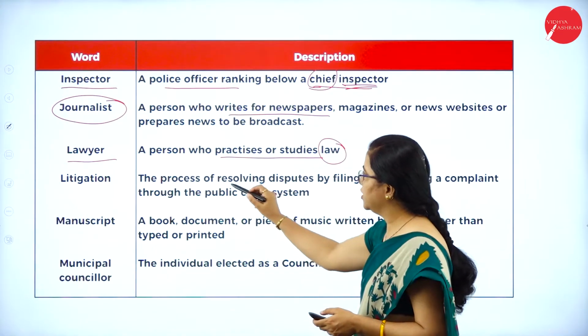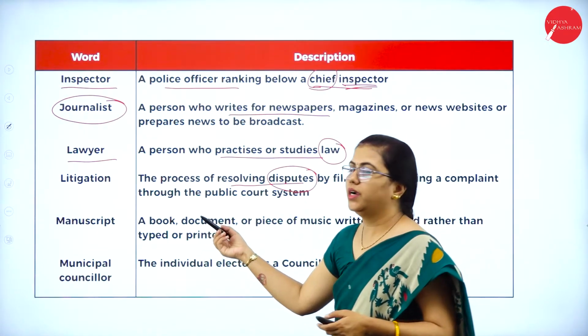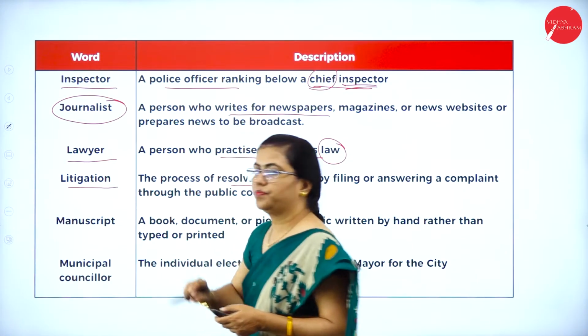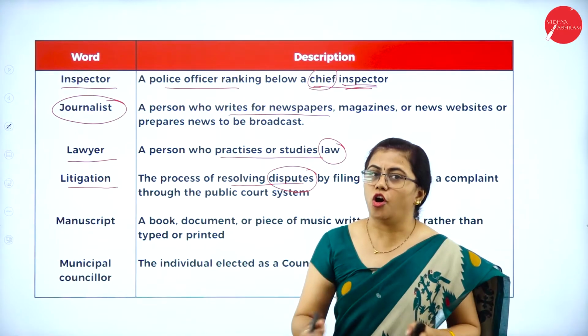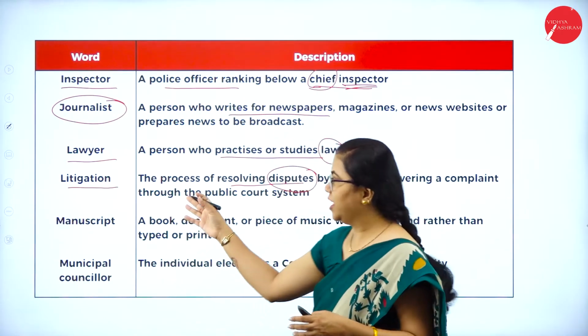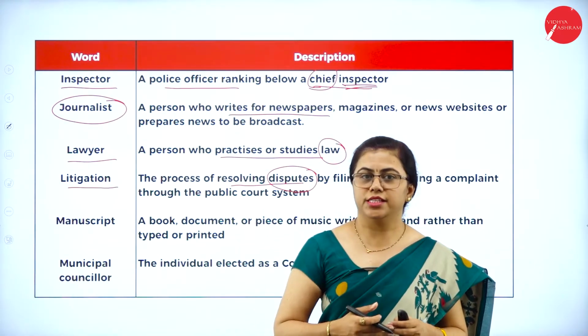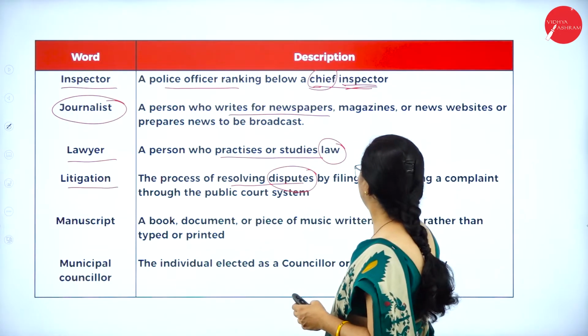Then the process of resolving disputes. Whenever this word dispute comes, you can guess the word. It is litigation. Okay. The process of solving the dispute. Many of them have misunderstood that litigation itself is a dispute. No, the process of solving the dispute is called as litigation. Why? Actually,